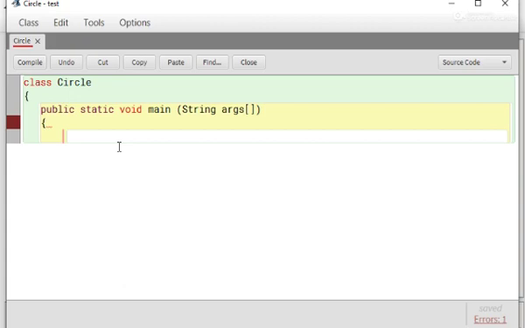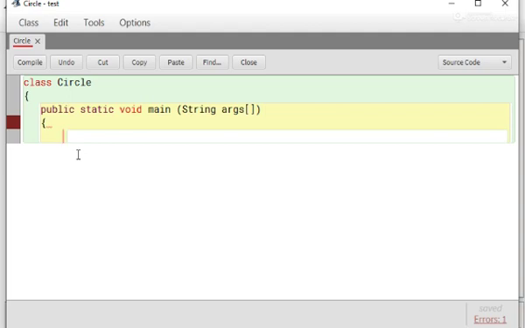Then, according to the rule of input, process and output, first we decide what are the inputs. Like to calculate the area of circle, we need the value of pi and the value of radius. So first we declare the variables to store value of pi and the value of radius.